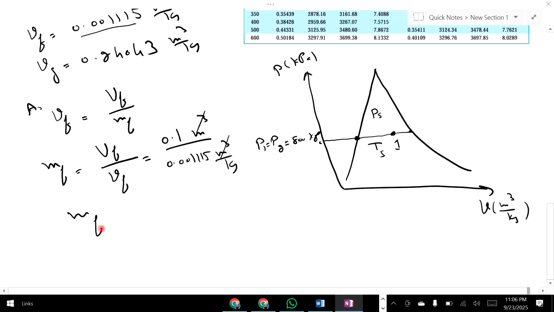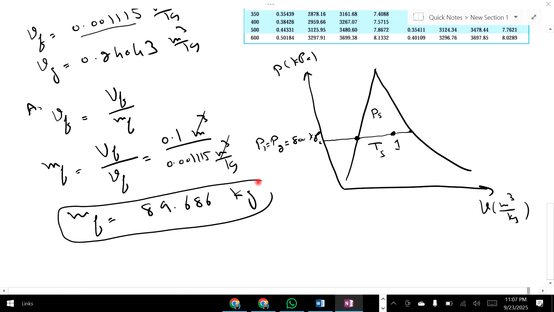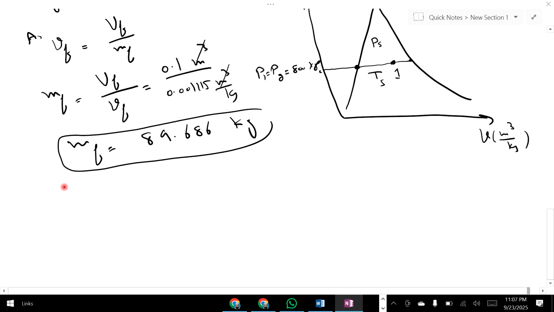So mass of liquid is equal to 89.686 kilogram. Now we will find mass of vapor, mg, from this formula: mass of vapor is equal to total volume of vapor divided by specific volume of vapor. Total volume is given to us as 0.9 meter cube in the given data, and specific volume is